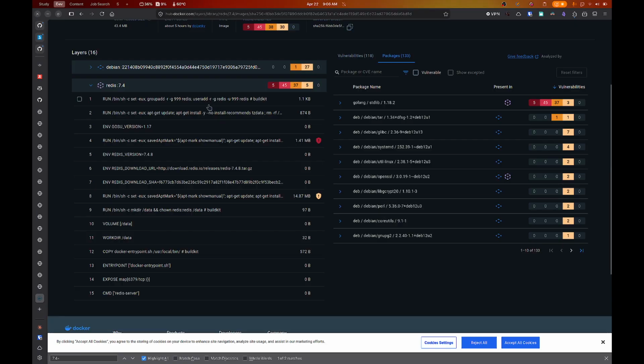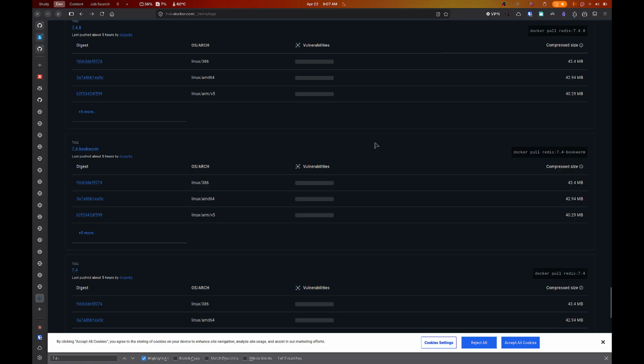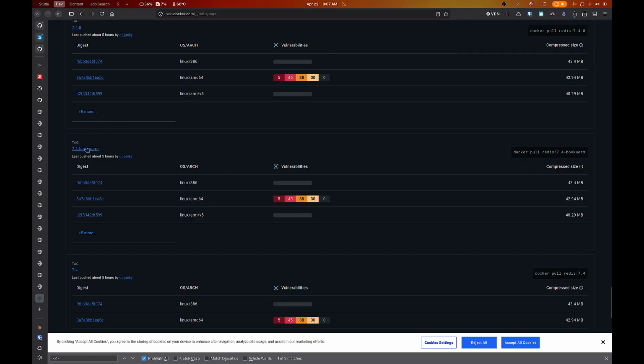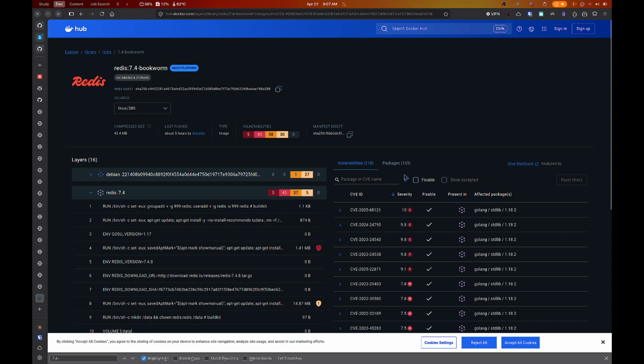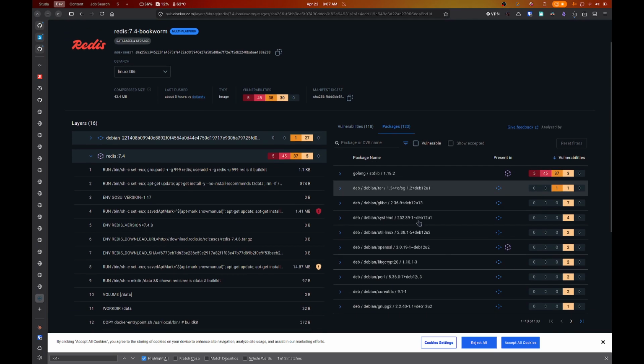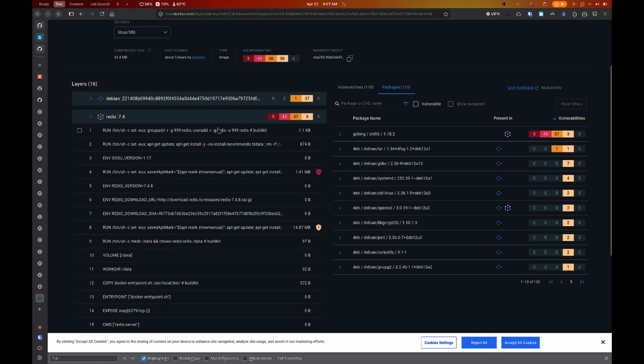Okay, so what do we do? Environment. So we use Debian. Then we go to bookworm. What do we see? Golang, a lot. Okay. We see